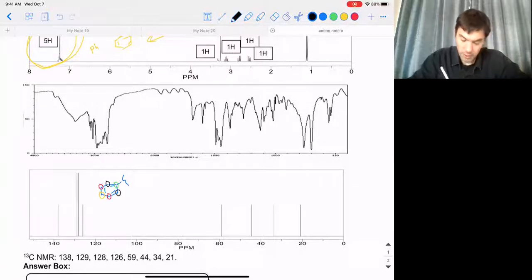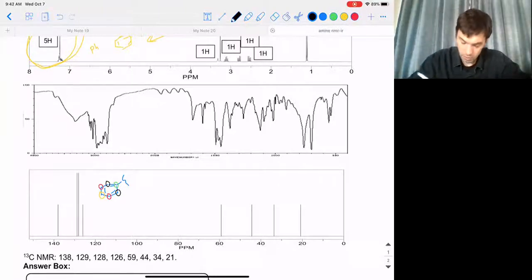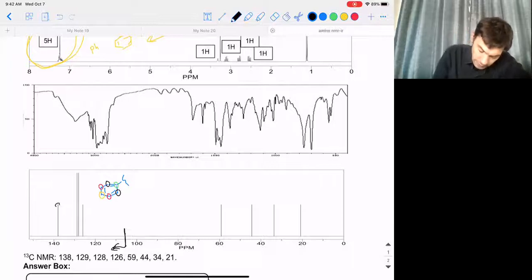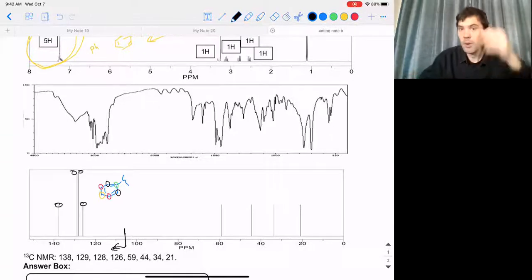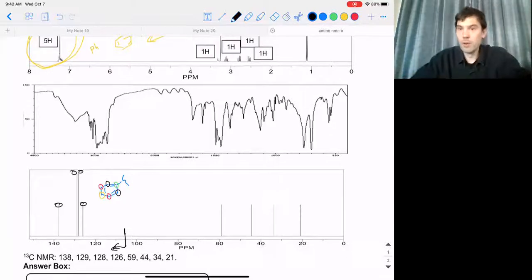There. And so I have a green, yellow, red, and black carbon. And so I need 4 carbons in the aromatic region. And so anything above roughly 110-ish is going to be in that region. And conveniently enough here, I have 2 carbons that are short and then 2 carbons that are tall. And those tall carbons are going to be roughly about double the height of the small one. And so those are going to be the black and red carbons, and then the green and yellow carbons will